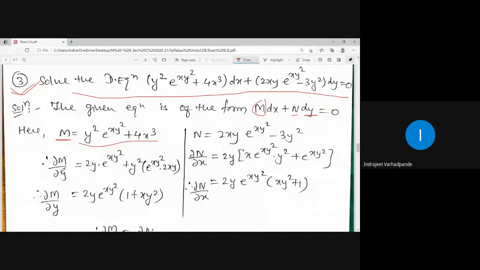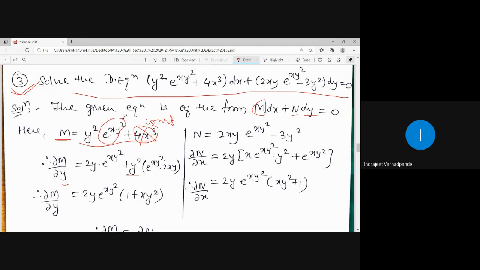Now concentrate on M, which is to be differentiated partially with respect to y. This x will be completely treated as constant, right? So the derivative of a constant term is 0, and I won't be writing any derivative for this. Here this term contains y, and this term also contains y. So whenever we have the product of two terms, we apply the product rule of differentiation. What does the product rule say? First into derivative of second plus second into derivative of the first. So first term as it is into derivative of second.